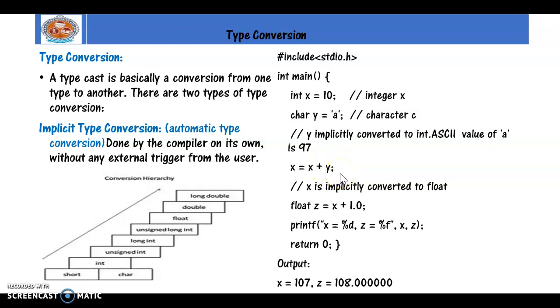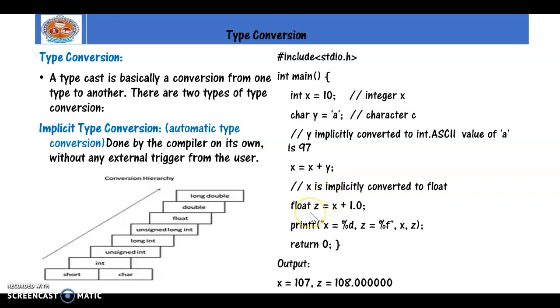Why is it automatically converting? Because char has 1 byte of memory, but integer can have 2 bytes of memory. So implicit conversion mainly happens whenever we want to convert a smaller data type to a higher data type value, which is already available, right? If you observe here, I want to store less memory into a larger memory variable. So this is possible with implicit type conversion. That is, the compiler will automatically convert this without user intervention, right?